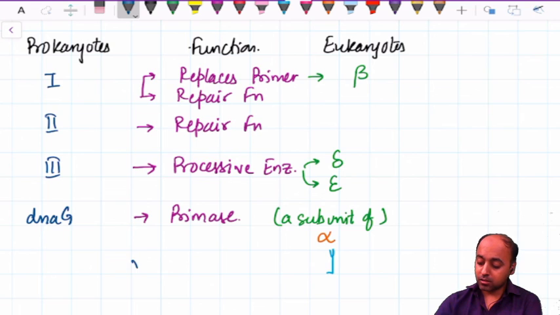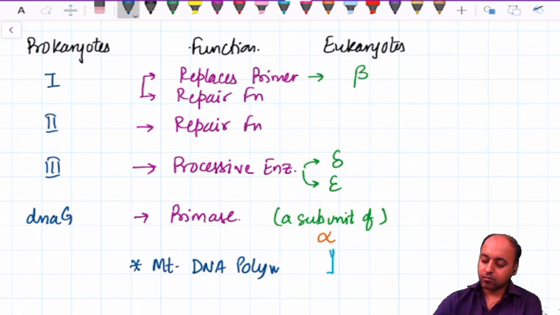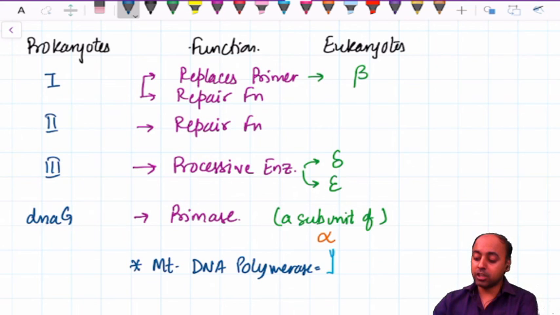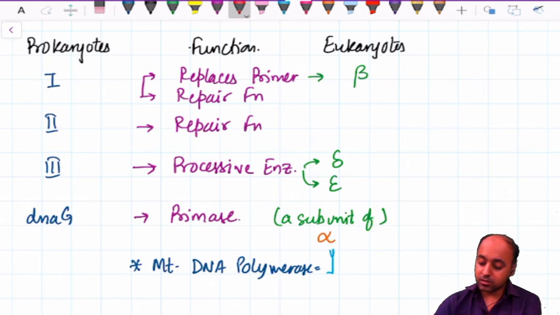It is the mitochondrial DNA polymerase. In eukaryotes, the DNA polymerase for mitochondria is also coming from the nuclear DNA. The mitochondrial DNA polymerase, that is the polymerase gamma, is coming from the eukaryotic genome. One very important peculiarity for the mitochondrial DNA polymerase you have to remember is it has poor